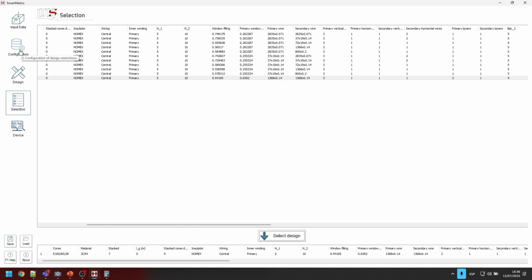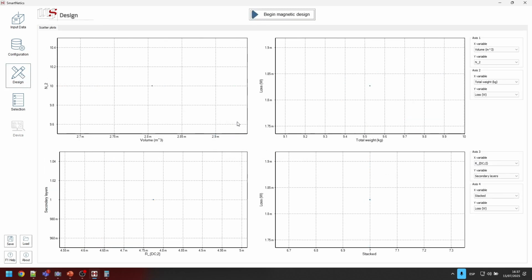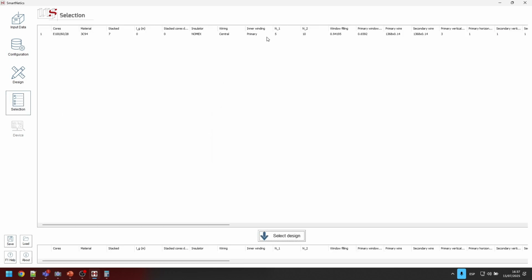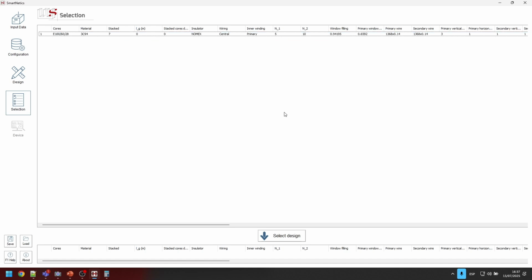So we will set everything to have only that possibility. In the wire, I'm only going to allow the one I know I have, for primary and secondary, and I know the secondary side only has one turning path. Okay? So now if I go to design the devices, there's obviously only a single solution because I have restricted everything to only have this particular solution, which is the one I'm interested in. I haven't done anything new.